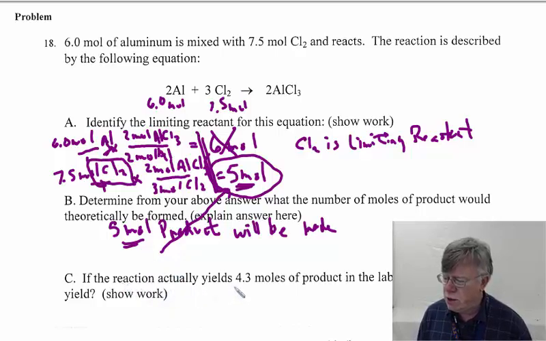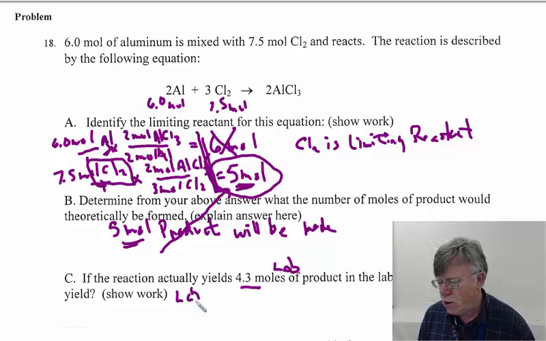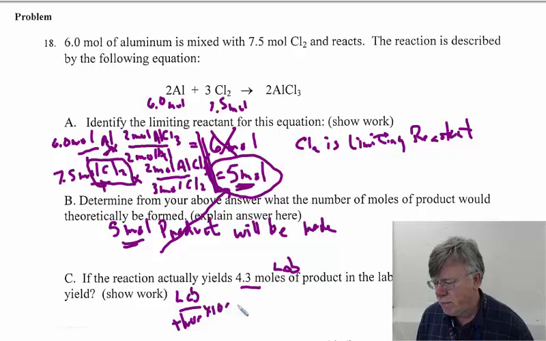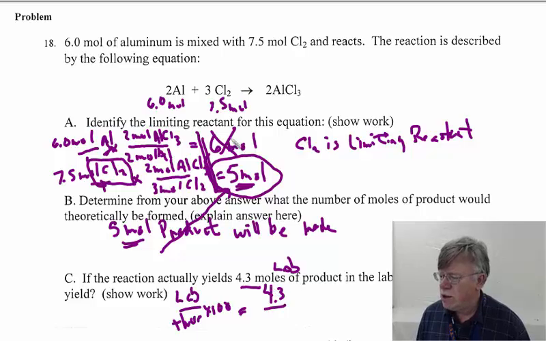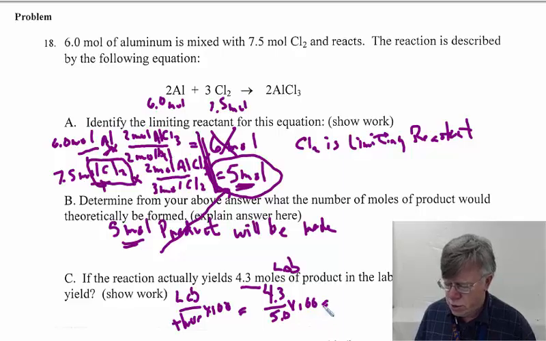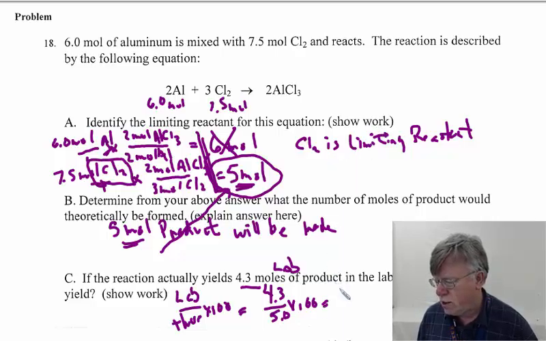And finally, if the reaction yields 4.3 moles, this would be a lab value. What is the percent yield? Well, you put the lab value over the theoretical value times 100. Okay, so the lab value, 4.3, divided by the theoretical value, which is what we determined here, it's 5.0, multiply that by 100, gives you the percent yield. So what that means is you take 4.3, you divide by 5 equals times 100, and of course you know how to do percentages. I get